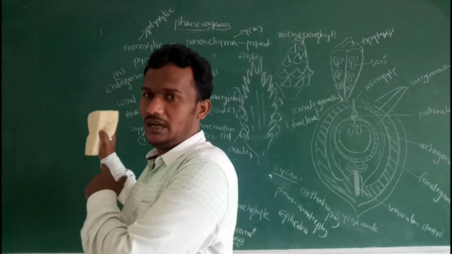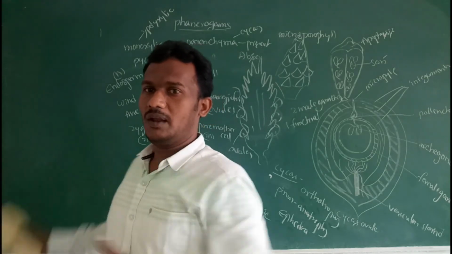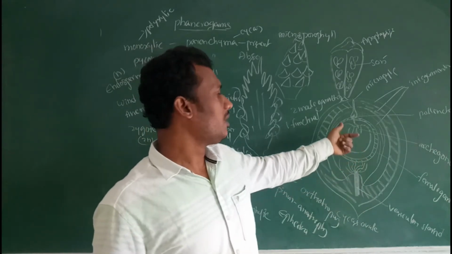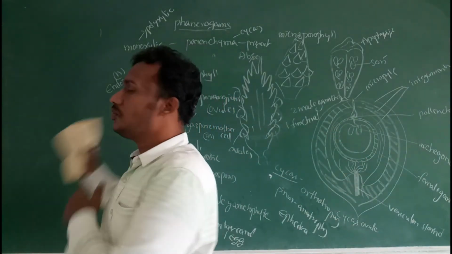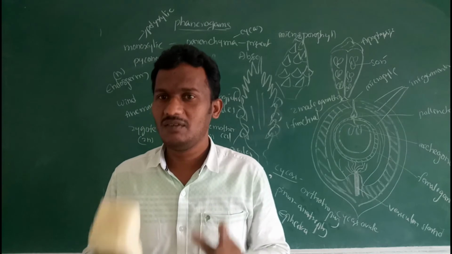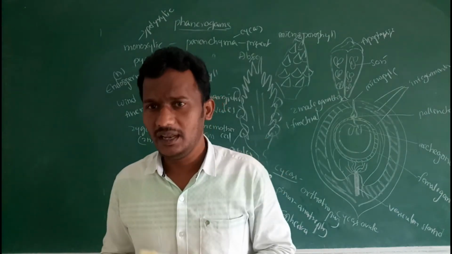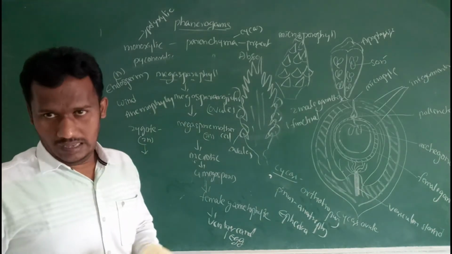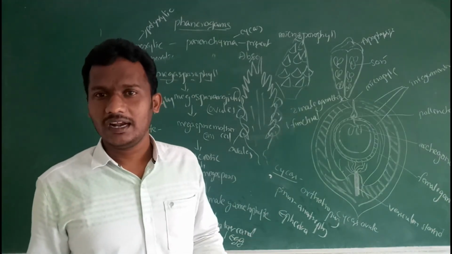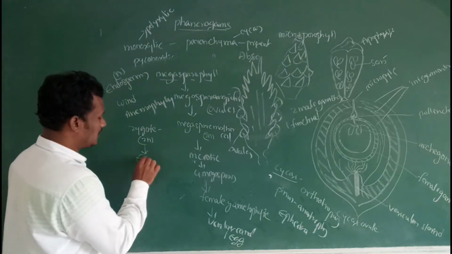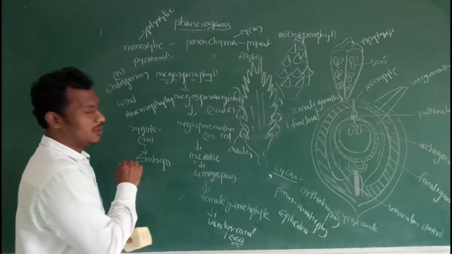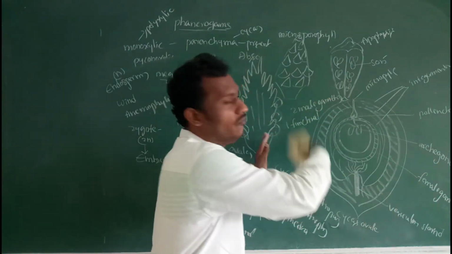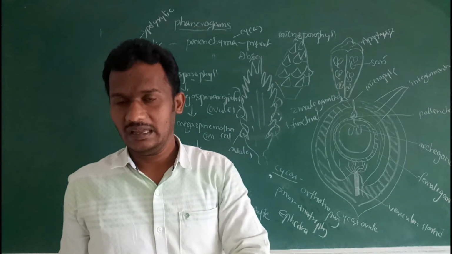This endosperm will provide the nourishment for the development of the embryo, from zygote to embryo, then embryo to seed. So in gymnosperms, endosperm is haploid and formed before fertilization. Then the zygote, the oospore, undergoes a number of mitotic divisions and develops into an embryo. Then the entire ovule develops into a seed.